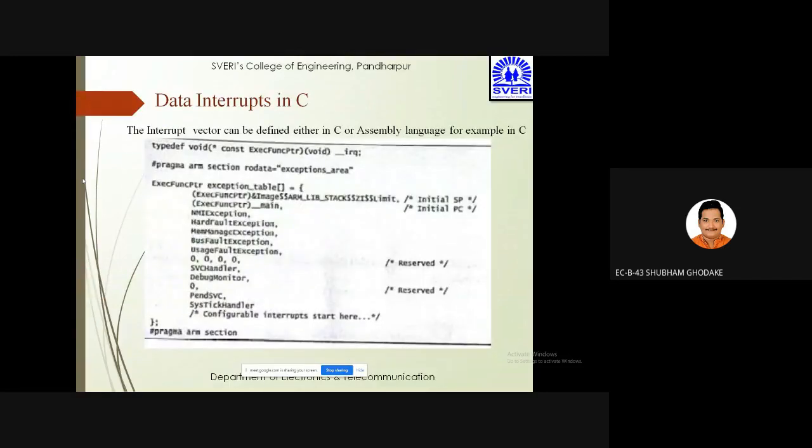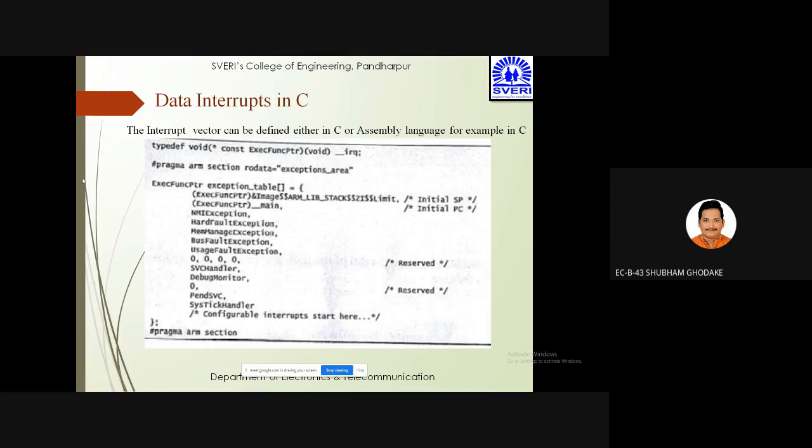So in this way, we have seen that the first program is the interrupt vector, which can be defined either in C or assembly language. For example, in C, we can write it as exception function pointer, that is exception table. So first we are going to initialize the stack pointer, then we are going to initialize the program counter, then we are going to write NMI exception, hard fault exception, memory manage exception, bus fault exception, usage fault exception.